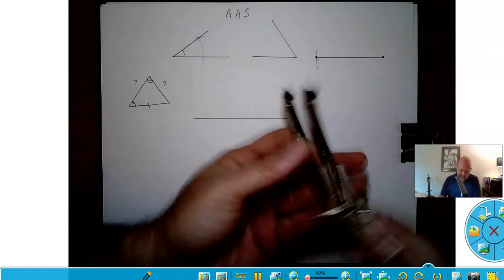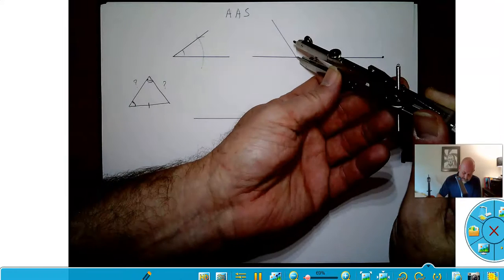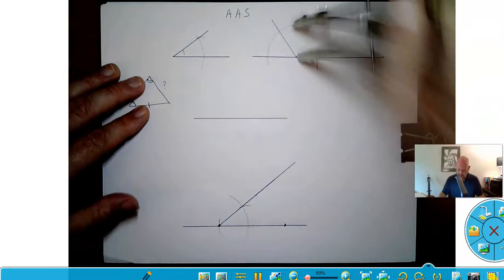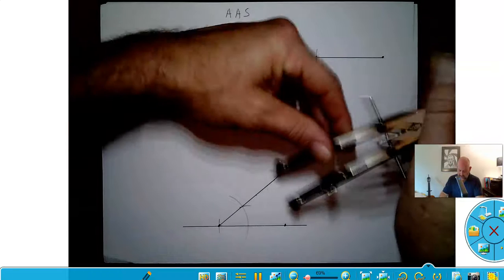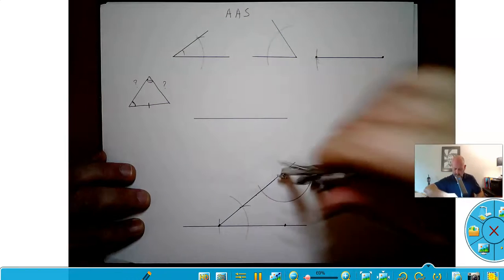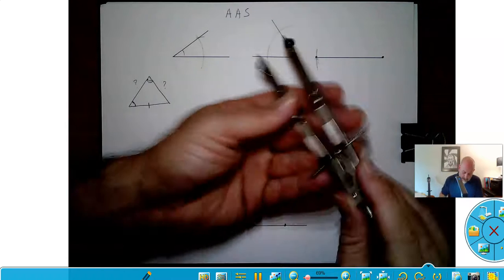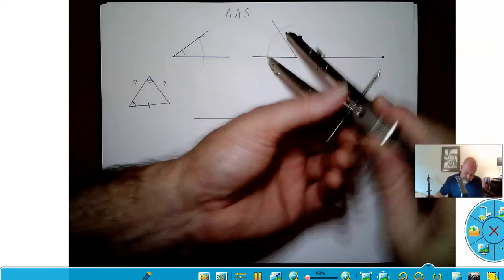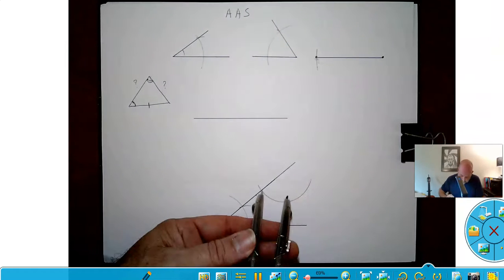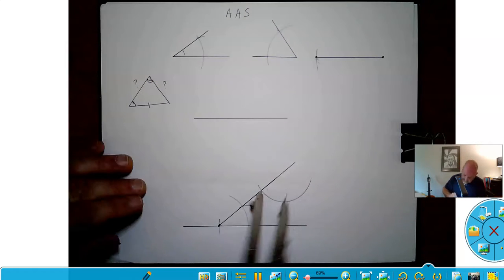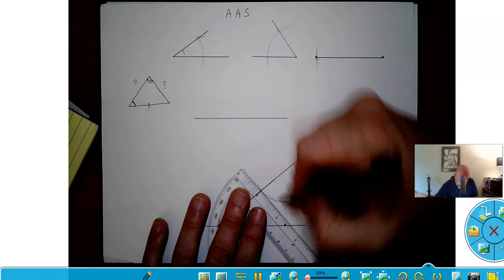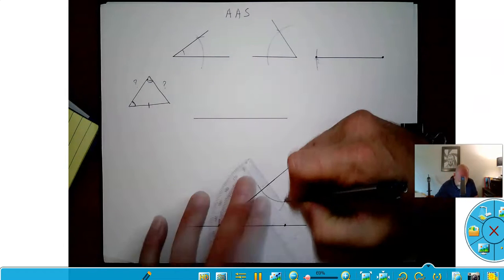So I'm going to start by copying this angle. I have to copy it. I'm just going to copy it up here. You notice I just picked a random point to copy it at. I chose to try to make sure it was going to be bigger. The triangle is going to be bigger than the actual triangle, as you can see. If I draw this in,